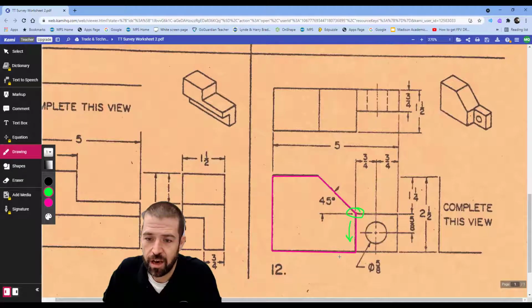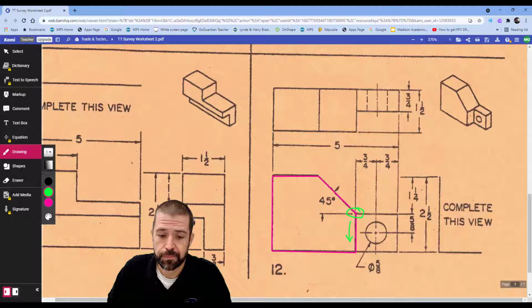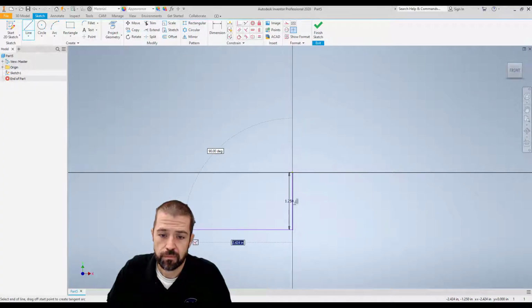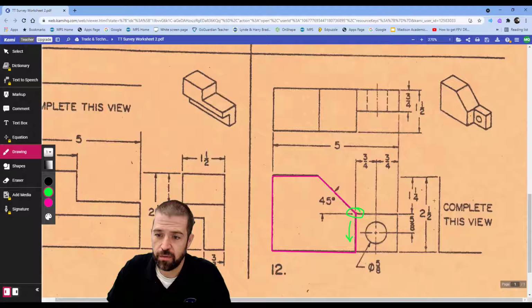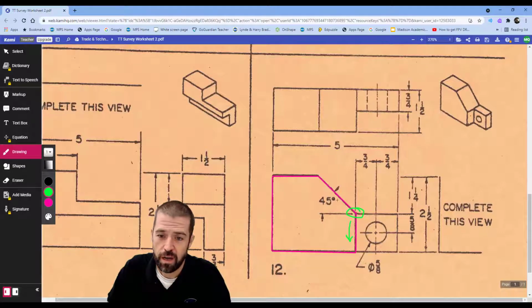I'm going to come across. I take my 3/4 and 3/4. That is 0.75 plus 0.75. This piece here is 1.5 inches, but my entire object is 5 inches. So I'm going to take my 5 minus 1.5, and so this line here is 3.5 inches. And then it goes up my 2.5, just like in previous drawings. Comes across the top, but distance I don't know, and then back down to my start where I'll put in